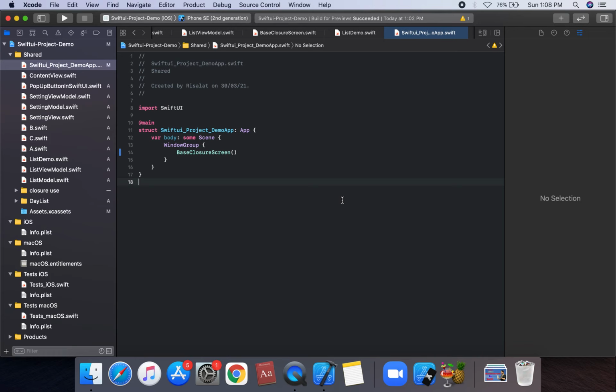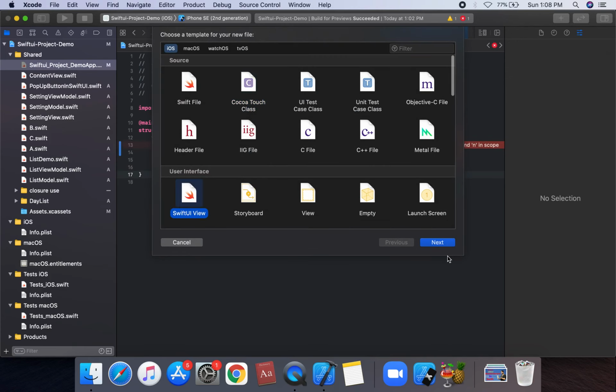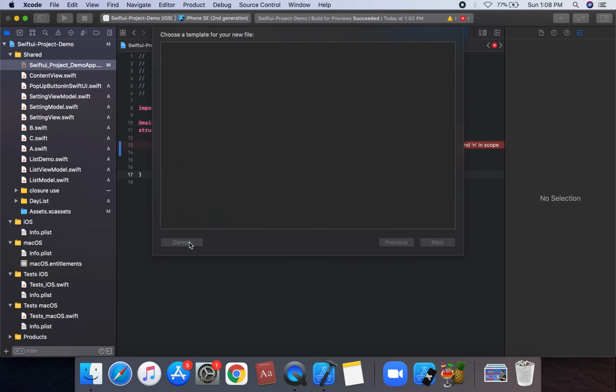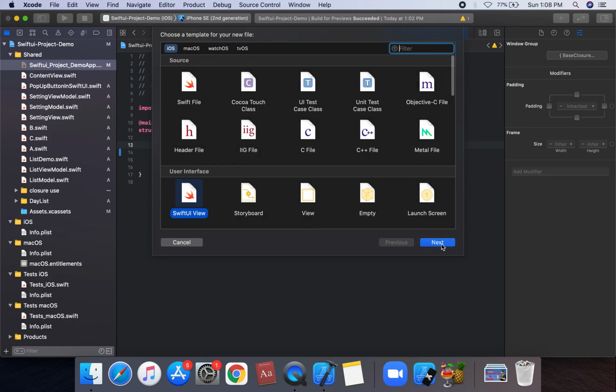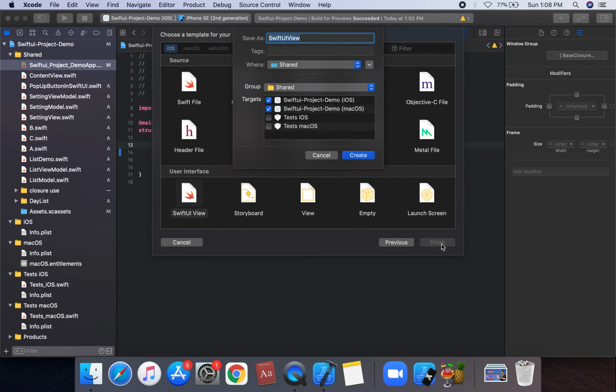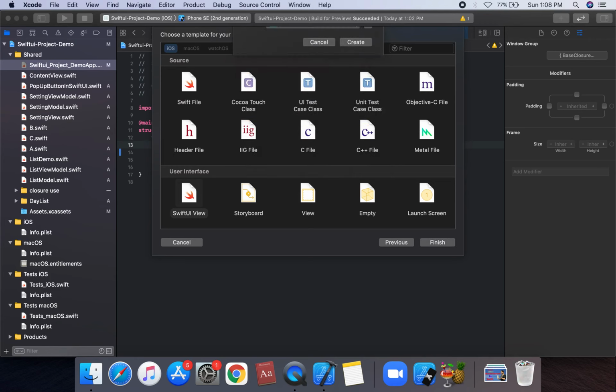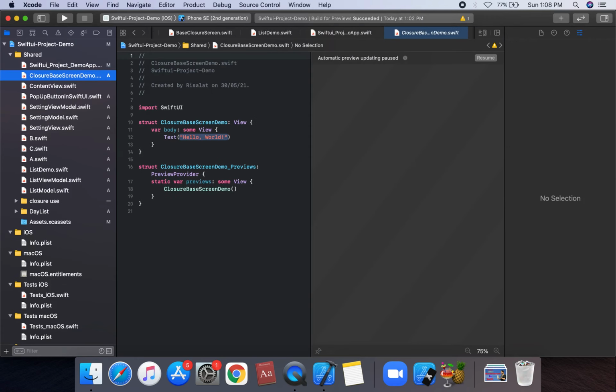Let's consider one example. We create a SwiftUI view named Closure base screen demo, and we can use another class.